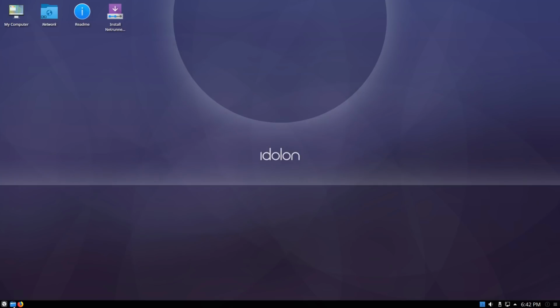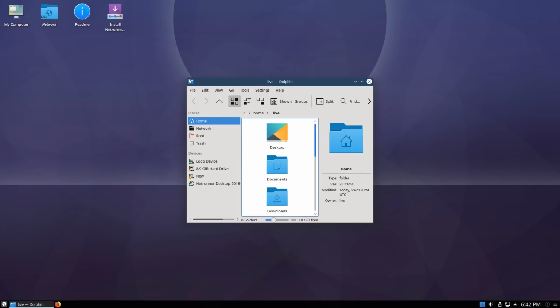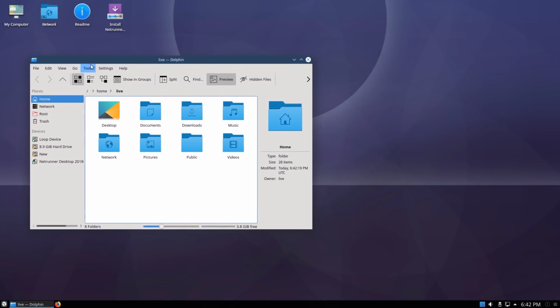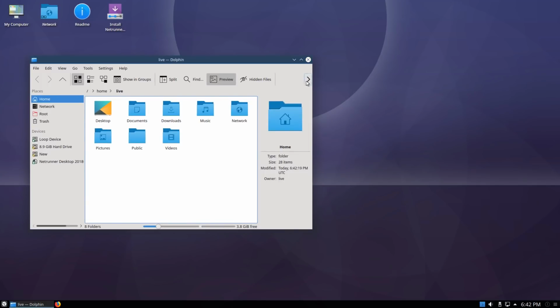Let me just fire up a few things here. We're using Dolphin with the standard icon themes. Always huge folders. Yeah, a lot of this stuff I don't like. I don't like this stuff, but you know what? That's okay. That can go away. Preview. Yeah. Make that go away. No. Okay. I'll worry about that later. So Dolphin,